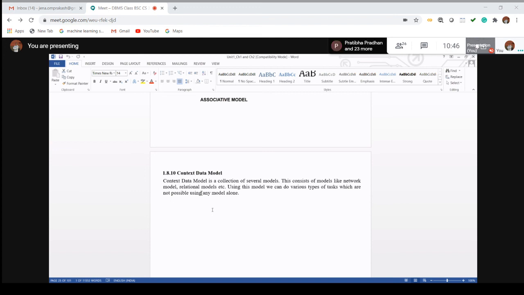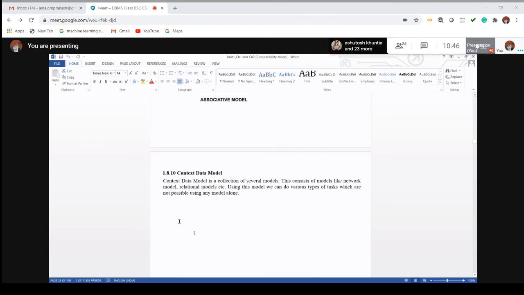Sometimes it is also called a hybrid data model. It is the combination of different types of models into a single model. What is the advantage? If you cannot perform all the operations specified by the user from a single type of model, then you go for merging a number of different models to form a single one. It is called a context data model, or in some places a hybrid data model.